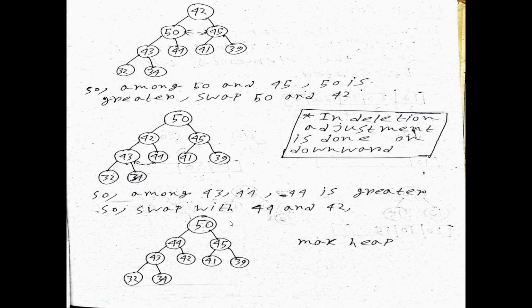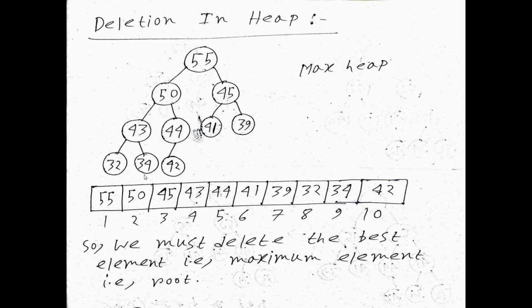So there are just two points you must note here. So what do we do? Again now, you know the deletion procedure. I'll just recap it very quickly. What is the process? Which element do we delete in the heap? Every time we delete the maximum or minimum element. Here we take the maximum as a max heap, so we delete the root element. That means the maximum element is always deleted from the root in a max heap.